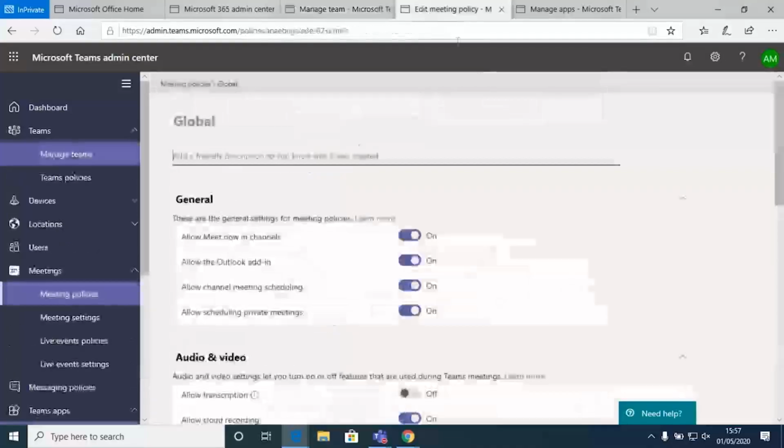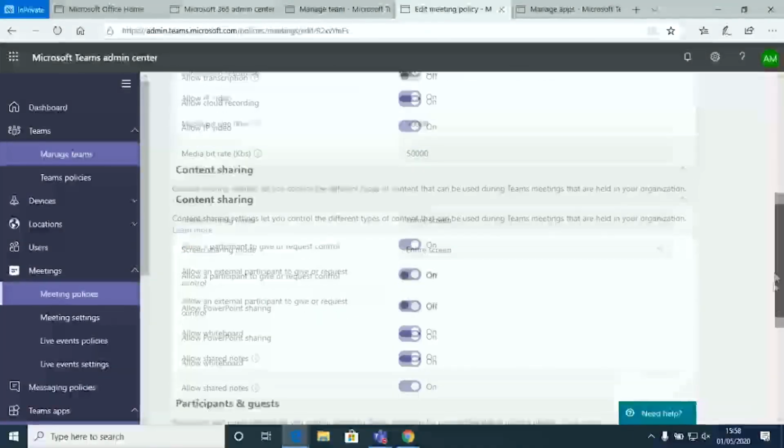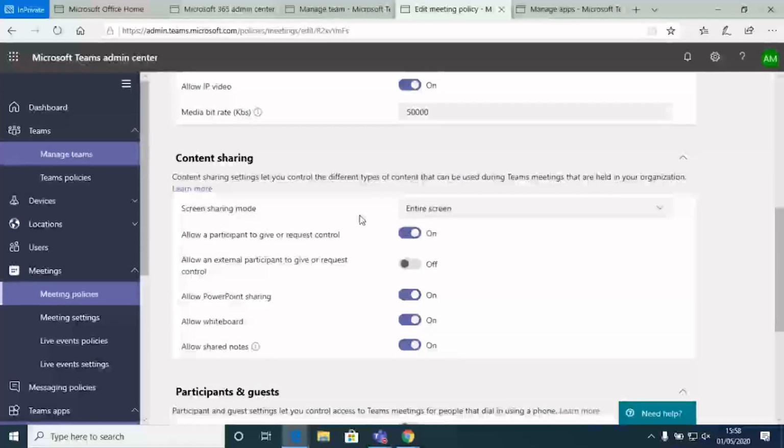We also get a number of different controls that we can put onto meeting policies, things that can lock down the environment to make sure that we don't allow data to leak out and other exposed risks into the environment. So, for example, when you send out a meeting request to an external organisation, by default, they could see your screen if you share it with them, but they can't get in and control it. That's something you could turn on, but you could also prevent certain users from being able to share their screens.